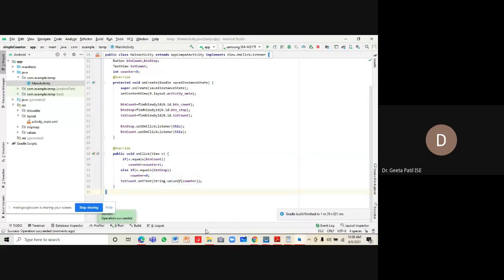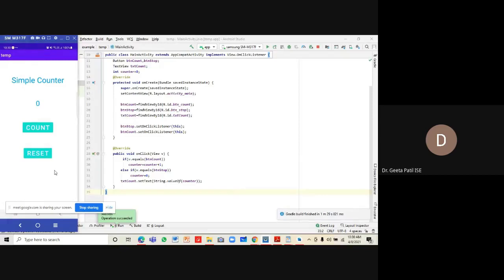Install, launching activity. Now it got installed on my mobile. So one task is done. When I press count, count is becoming 1. When this app is launched, the main thread, that is the UI thread, is created.